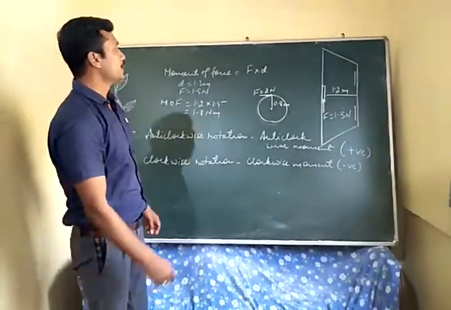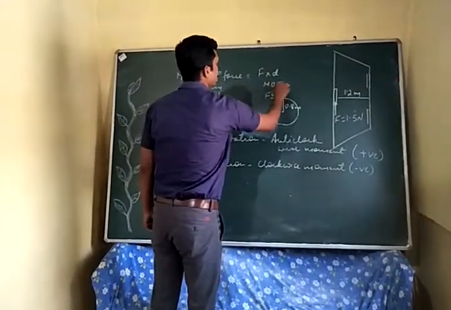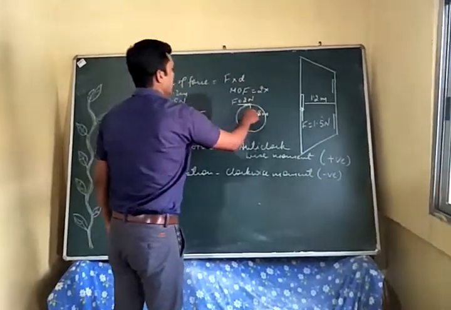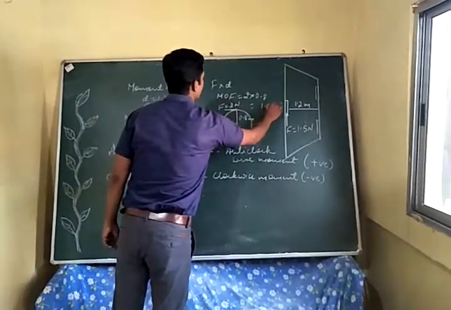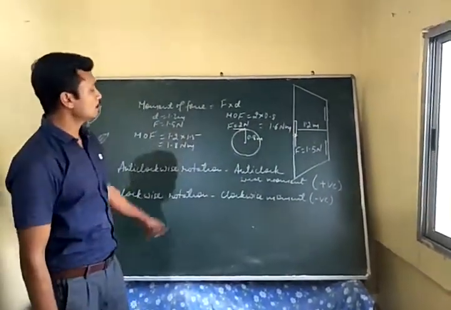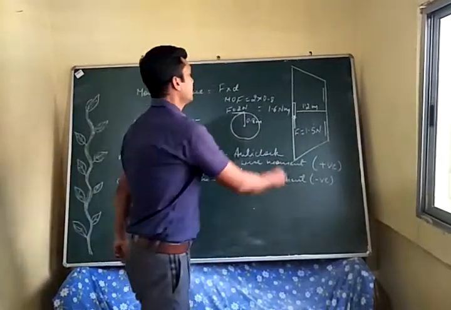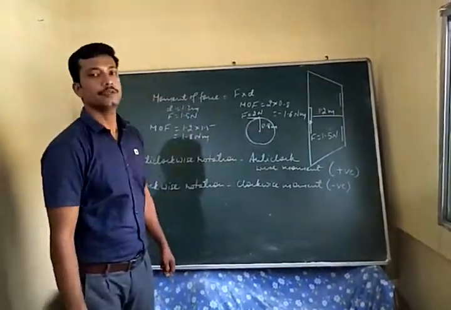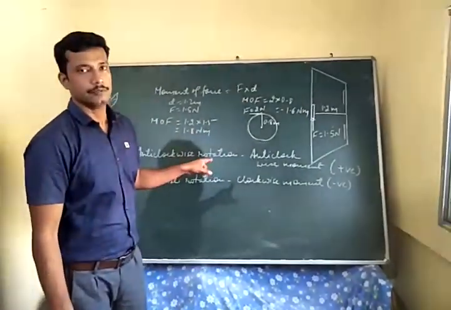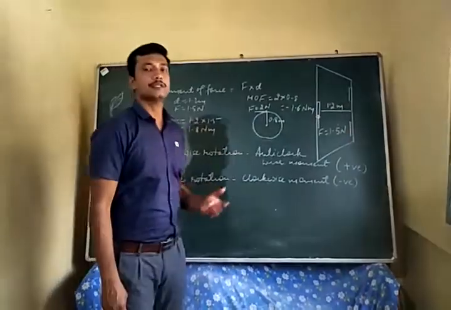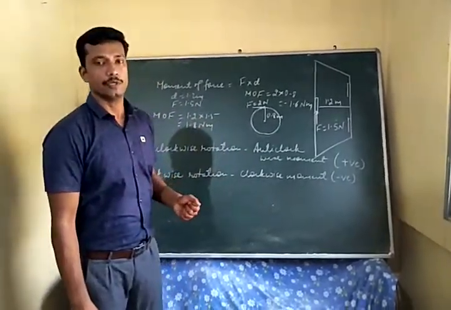So it means when you are finding the moment of force using the same formula, here the force is 2 and the distance is 0.8, so we are getting 1.6 Newton meter. But because it is a clockwise moment which is causing clockwise rotation, we will take the value in negative. We can write minus 1.6 Newton meter. So minus here indicates that the rotation is in the clockwise direction. Same way, if we are getting the answer in positive, it means there is an anti-clockwise rotation in a body.